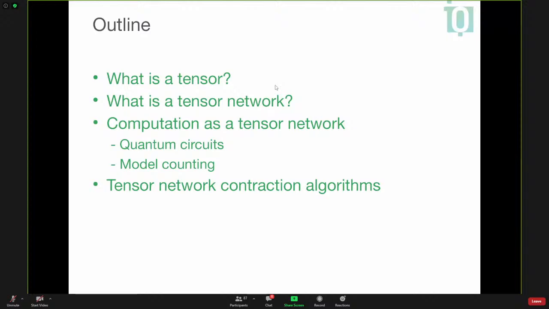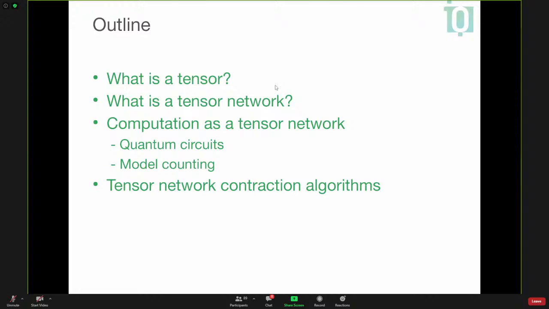And then in the end, I will sketch out how tensor network contraction algorithms work. The tensor network contraction is the thing that you actually need to do to perform any simulation or computation with tensor networks. And I will show you how some of the algorithms that we have built work, again, on a high level. And I will point you to references to read if you're interested, and also to code that you can play with.